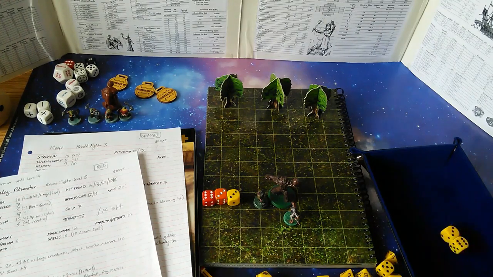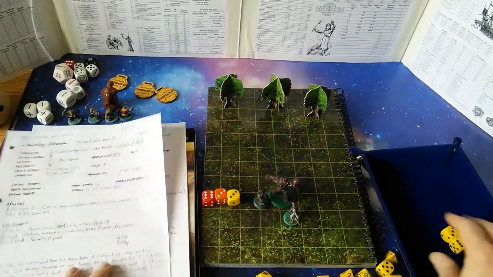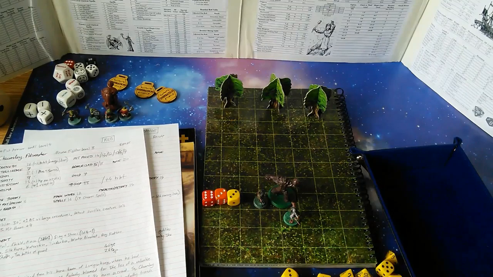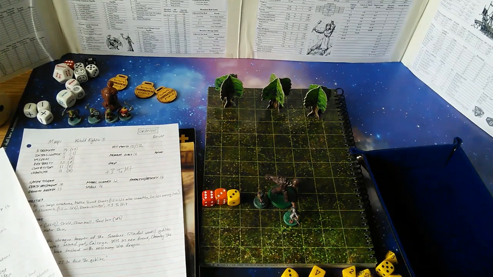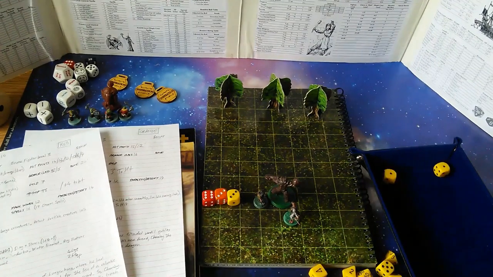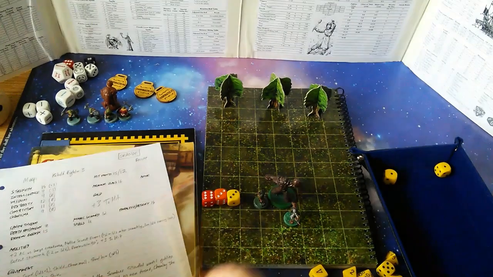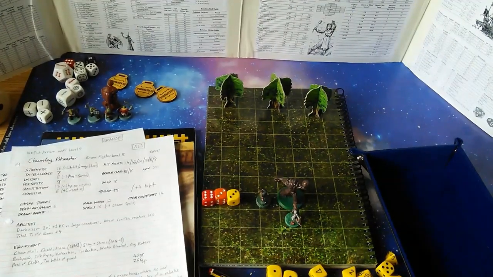9. That is 2 points of damage to Chumley. And it attacks Meepo. 8. That is not enough, I don't think. 8 + 8, sorry, 16, yeah. Okay, it is enough. 2 points of damage, that is 1 damage. I think